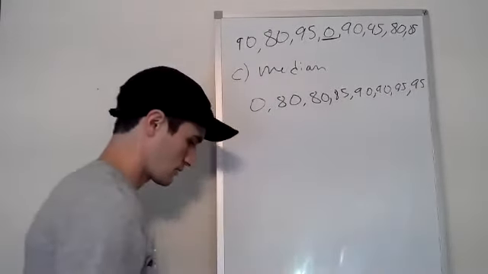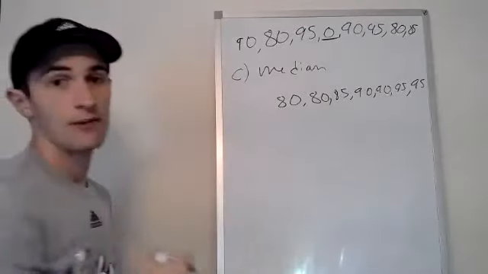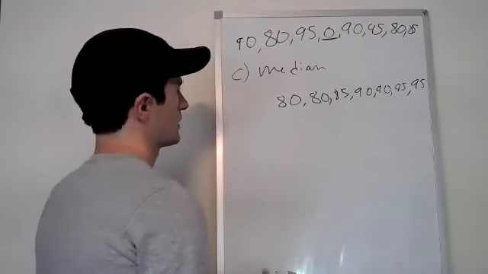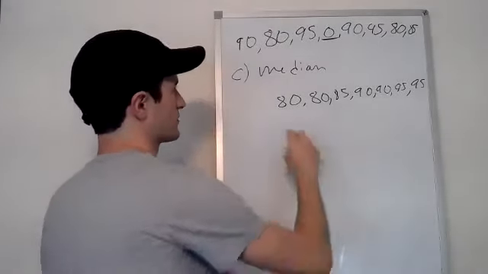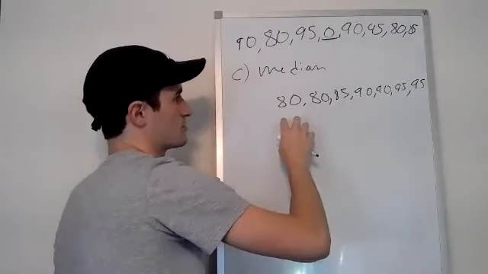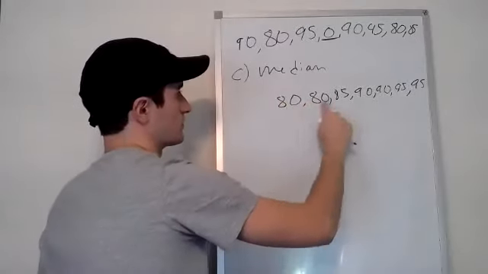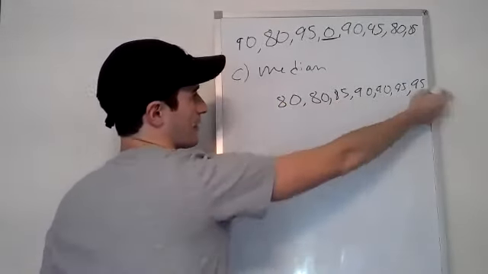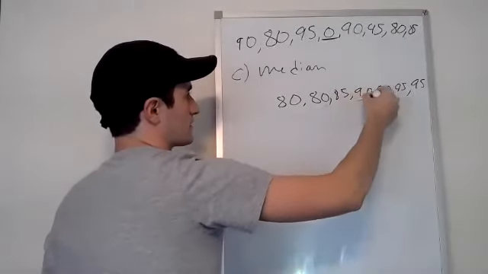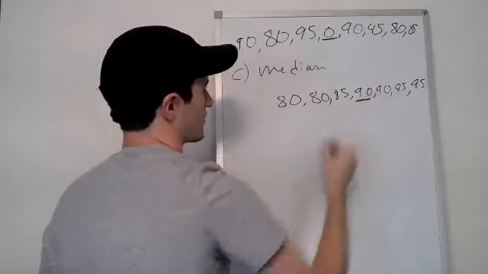So let's do without the outlier first, so we just erase that. But the process is still the same, okay? We can just count. So we have 7, and count in the middle, which should be 3.5, so 4. So 1, 2, 3, and count backwards: 1, 2, 3. We still land on 90. So if you can kind of tell, that's our halfway point.